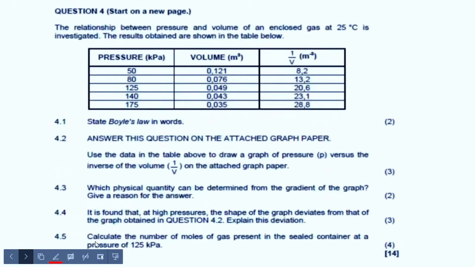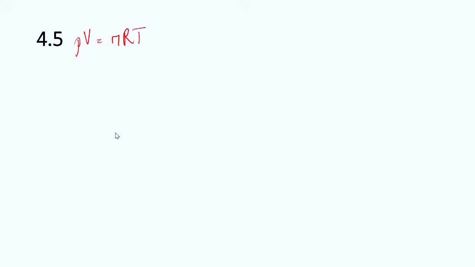Then 4.5 says calculate the number of moles of gas present in the sealed container at a pressure of 125 kilopascals, right? So the formula that we have to apply here when we are looking for number of moles is obviously PV is equal to nRT. Now, you do not have to memorize this formula. It will be given in your data sheet,